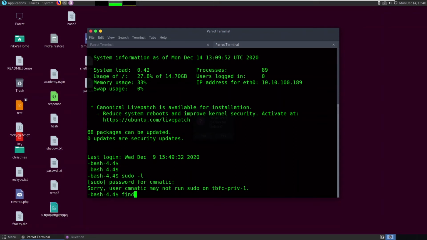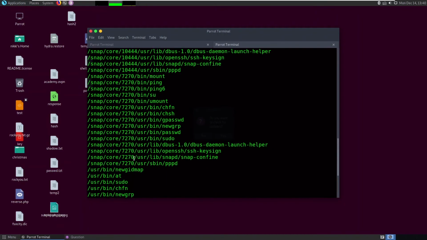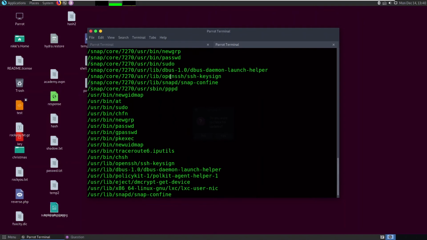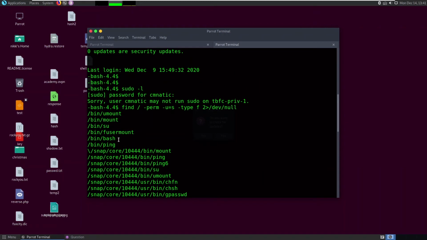Let's go ahead and check for these SUID binaries. You can see here, we can ignore these snap packages. If you go up, you can see /bin/bash, which we can execute as a root user.